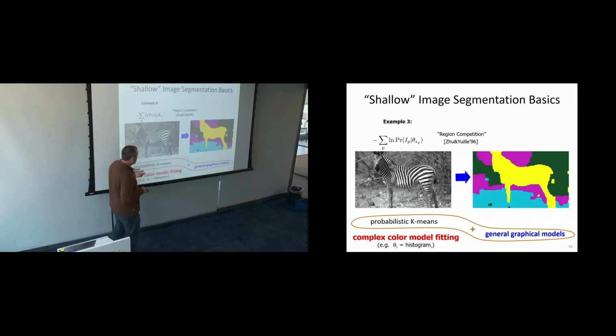Good. The idea here is that you allow more complex models, but it becomes harder. K-means is already a hard problem if you want to find a global optimum, and this is beyond that, because you're fitting Gaussian mixtures to each cluster, which is itself a complex problem. Another way you can think about theta i, your descriptor for the model, is as a histogram. So it could be very high-dimensional model fitting, but it can capture this. And think about this: this is actually what the regularizer tells these two modes to do, to unite. That's why it's optimal, because there are too many discontinuities if you don't put them together, but together, these two modes may work. This is the gist of the idea.